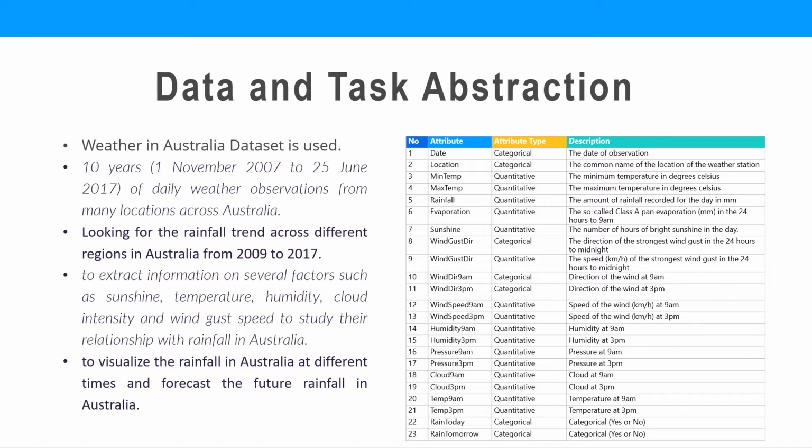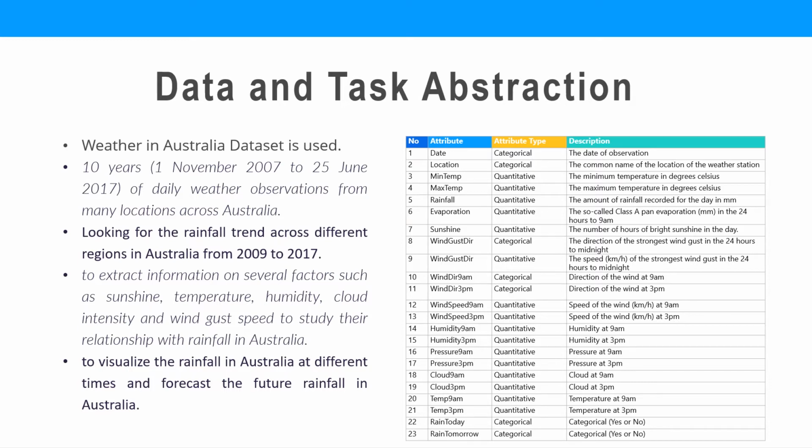Besides, we also want to extract information on several factors such as sunshine, temperature, humidity, cloud intensity, and wind gust speed to study their relationship with rainfall in Australia. In addition, the dataset is also used to visualize the rainfall in Australia at different times and forecast the future